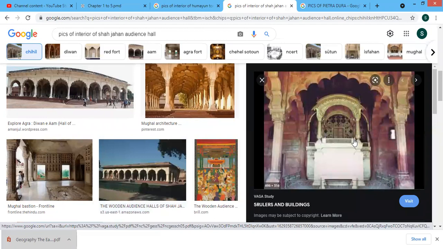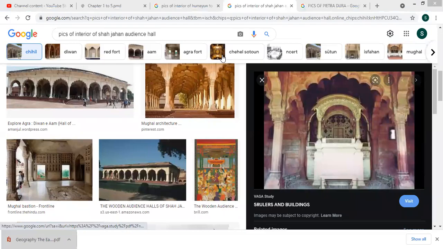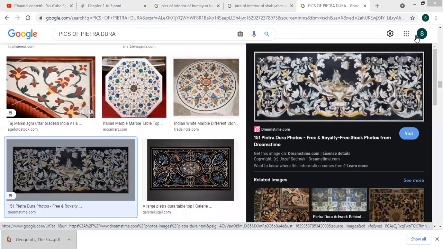Now the next one is that Shah Jahan also displayed Pietra Dura behind his throne. Why pictures of Pietra Dura? Shah Jahan placed these kinds of pictures behind his throne.